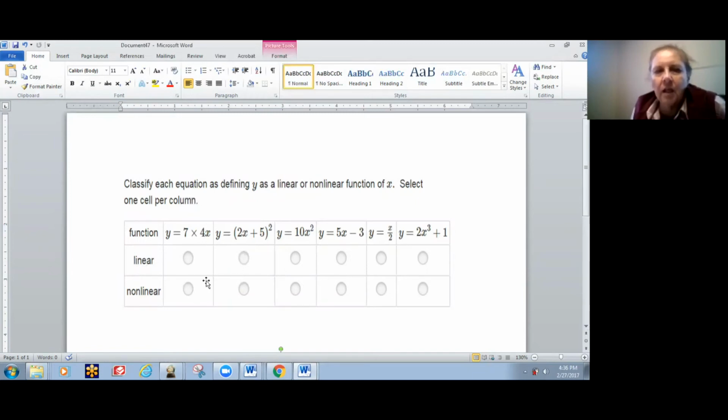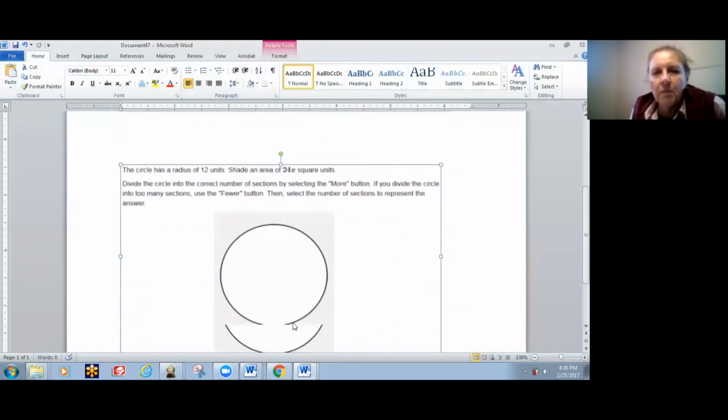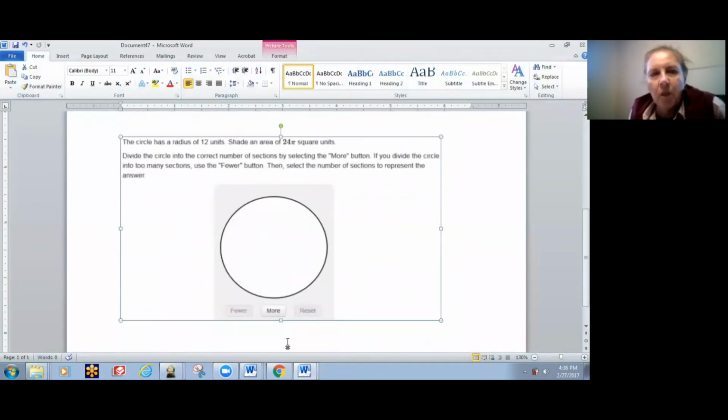So they're going to click for each column. They're going to have one dial clicked, and there were no practice items for that particular matrix kind of question. Okay, another kind of question that may come up, and this is mostly going to be in geometry, is a